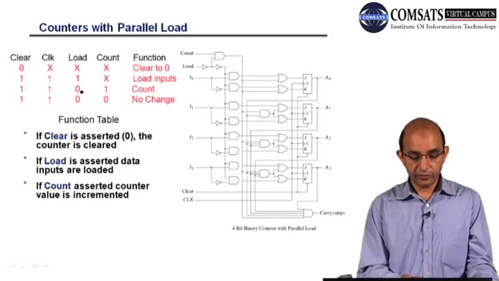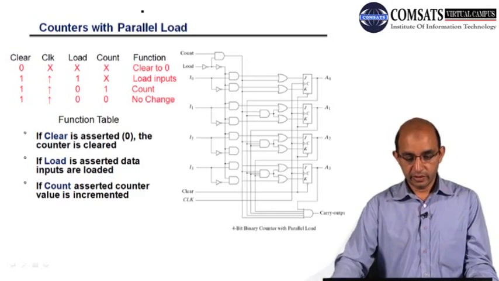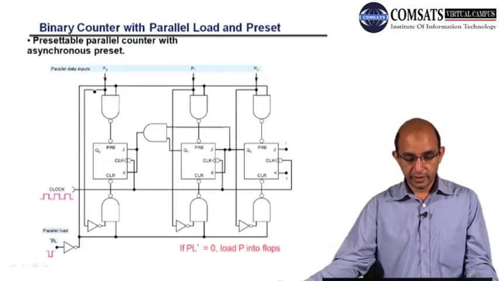If we have load 0 and count 1, we will be counting, and with both zeros it means no change, so they will retain their previous state. These are the different possibilities,